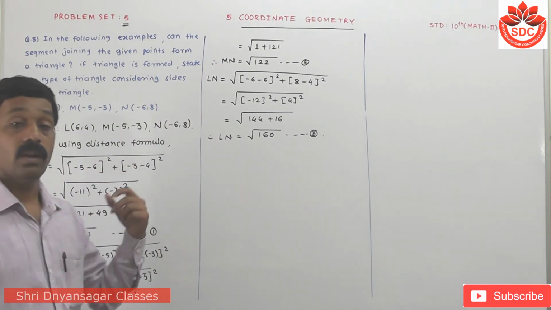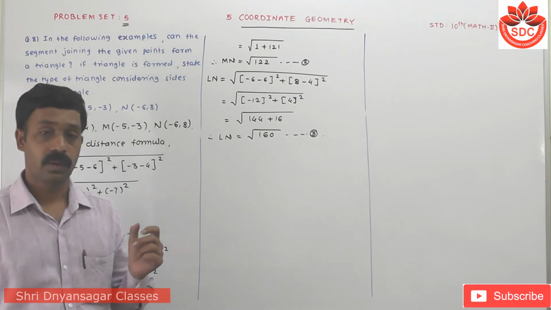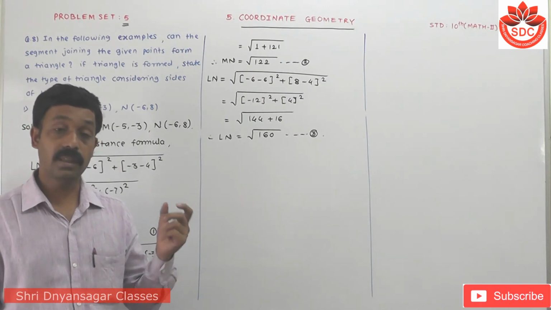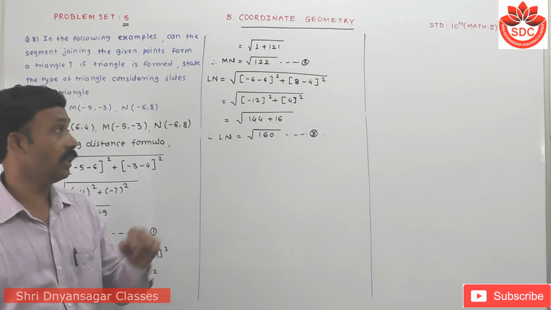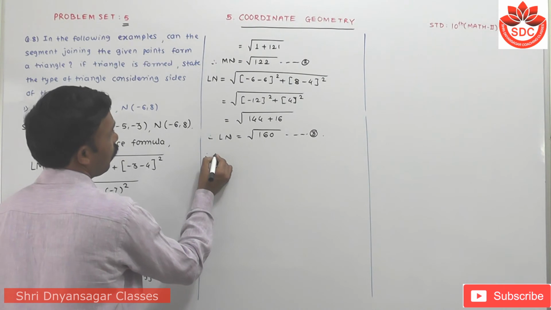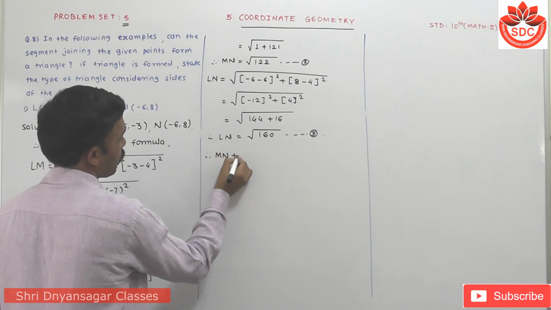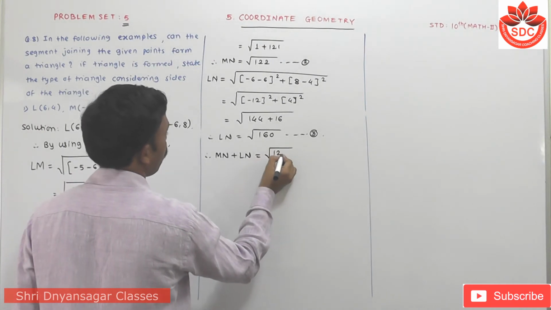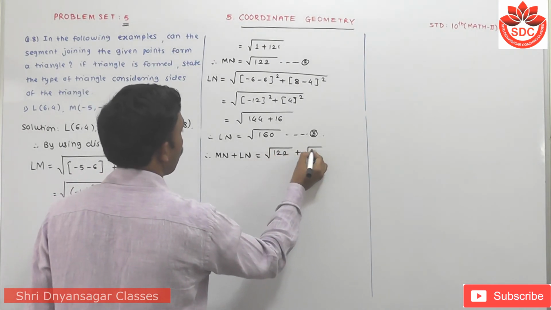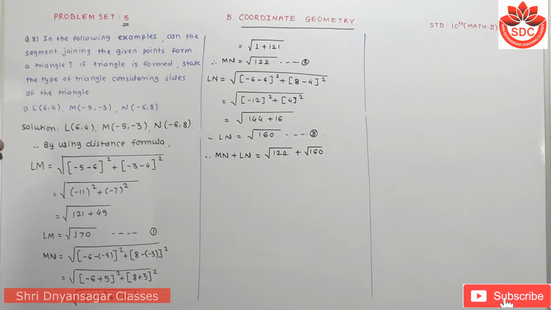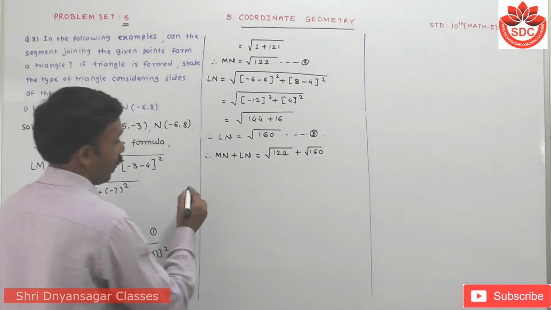So for forming a triangle, all of you know the theorem: the sum of any two sides is always greater than the third side. For this I have taken the sum of these two sides. So MN plus LN equals root of 122 plus root of 160. We cannot add this, I have to take it as it is. Now student, for the triangle,